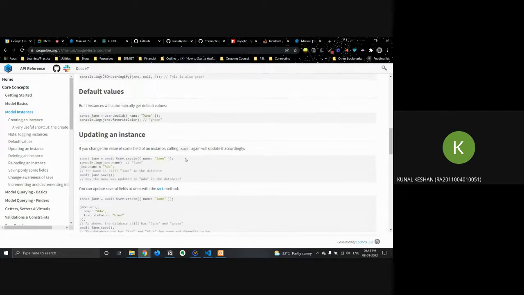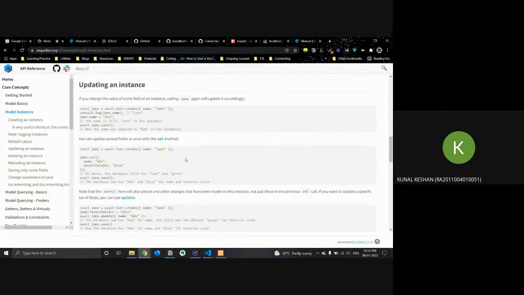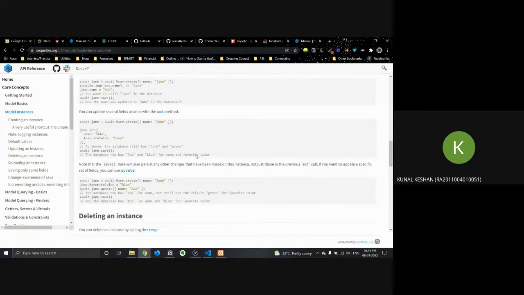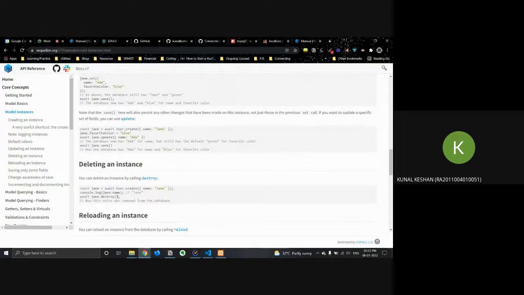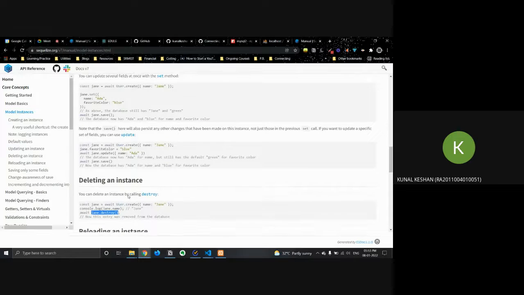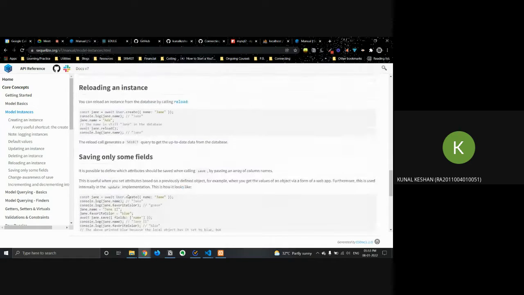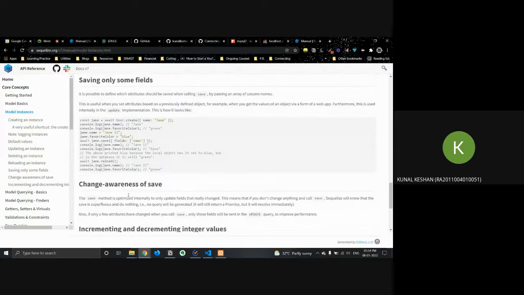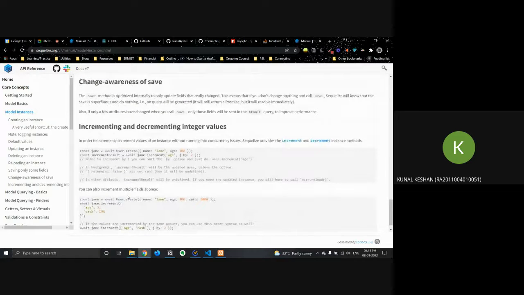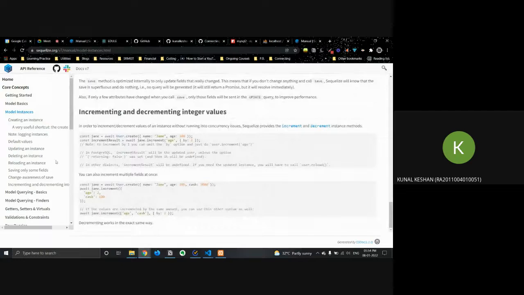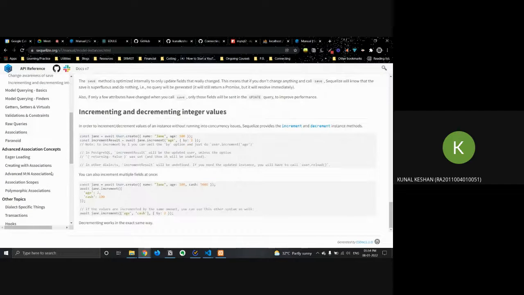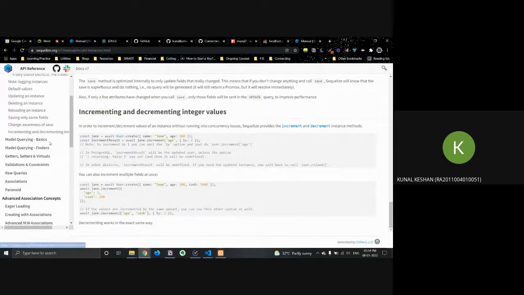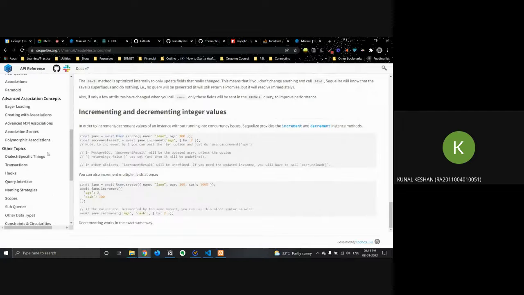We want to run certain checks before that. And you even have the dot destroy method on the instance, which deletes it from the database. So there are a lot of methods over here that we can make full use of.